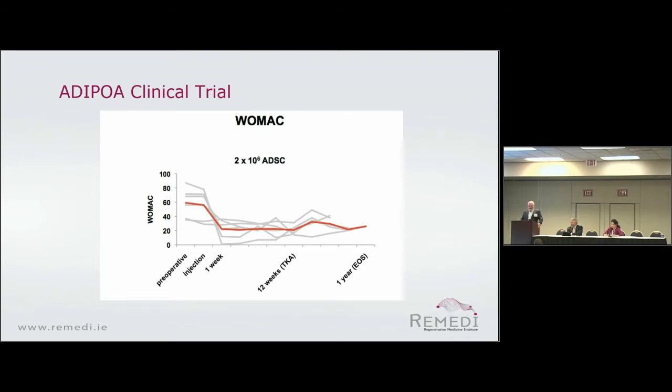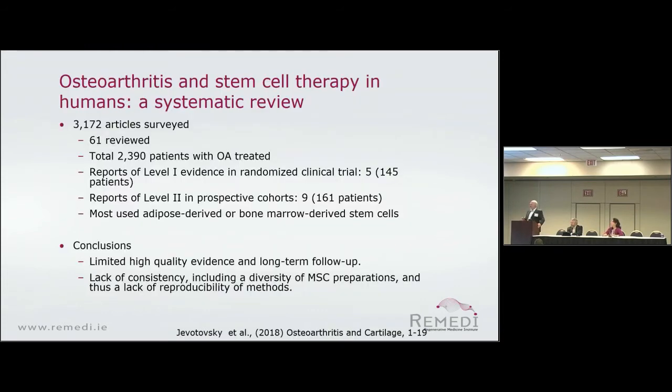This was a bit unexpected, but it's since been reported in a number of other studies as well, that the lower the dose, the better the outcome seems to be, at least in these musculoskeletal applications. So that led us then to put in place a strategy for a phase 2b study, and eventually that started in 2015,